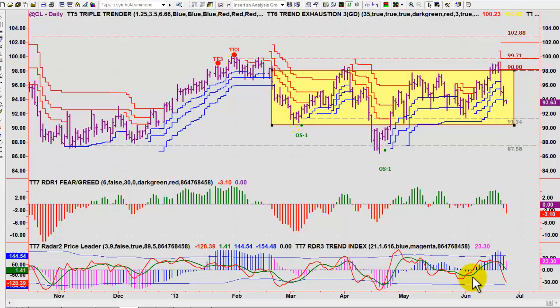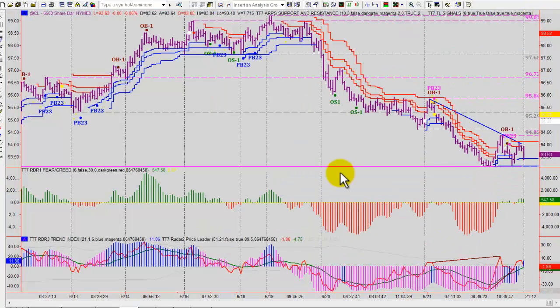You can see the Radar 3 trend strength is showing bullish strength, but the Radar 2 price leader is showing deceleration. So I'm looking for this to move down at least into this 91.34 range, possibly all the way down to 87.58. Now, if we drill down to a shorter term chart, we see here the nice down move